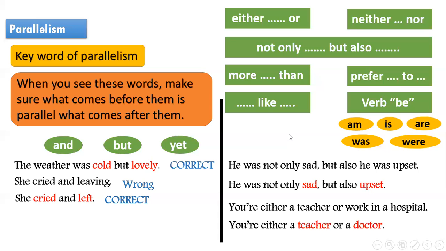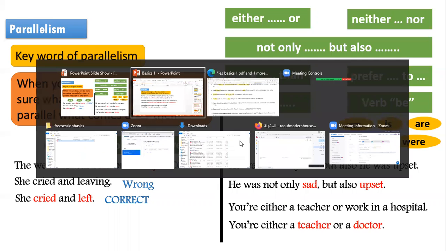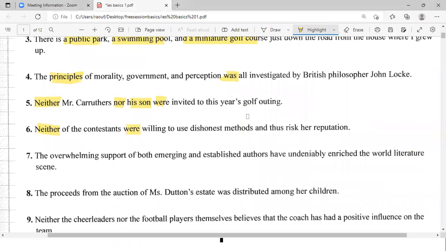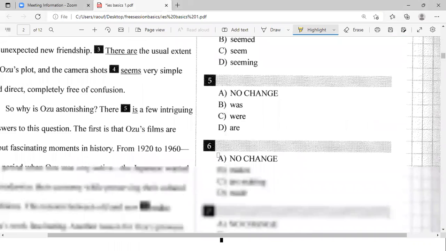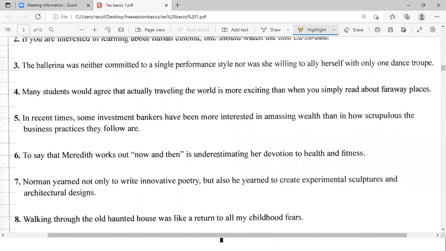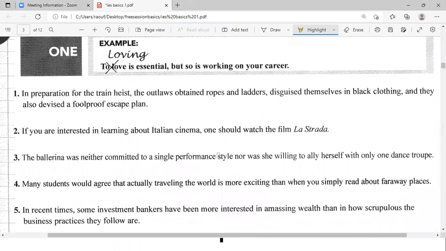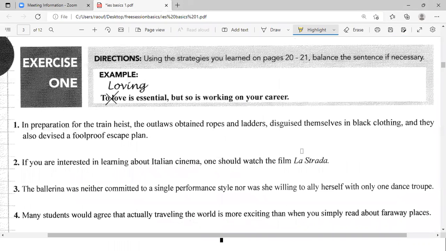So I'm done with this parallelism topic. So you got the idea of what parallelism should be like? Everyone? Okay. Let's go to the 4th page of the sheet I have sent you, which is this one. Can you all see it?